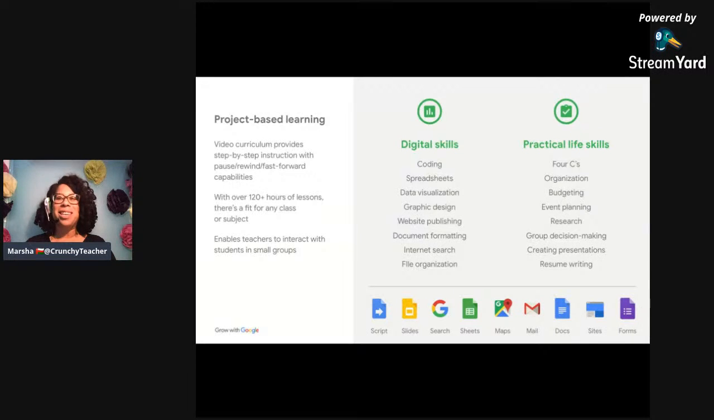The curriculum is a set of videos that students can watch to obtain step-by-step instruction on how to, for instance, collaborate in a group and develop a creative presentation using slides, or how to create a household or office budget using a spreadsheet, coding. There are so many options available that we can bring into the classroom for our students. Not only